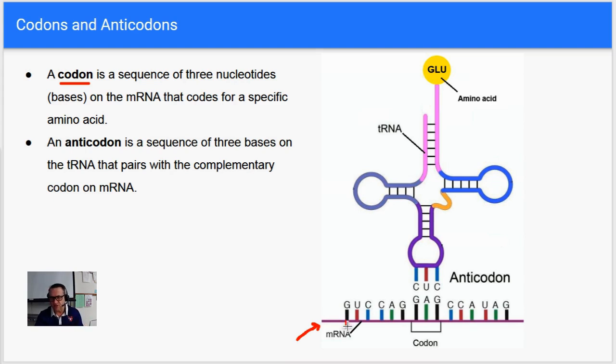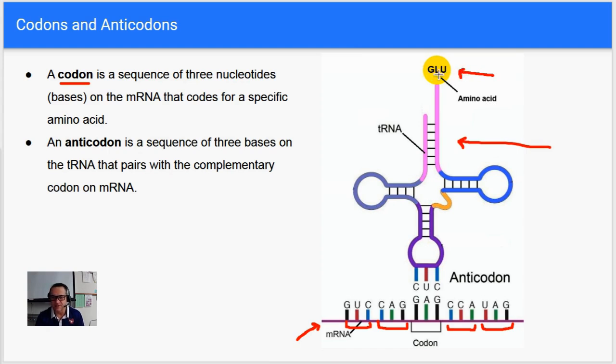So right here, GUC, that's a codon. The next one is CAG, that's a codon. You can see right here, GAG, that's a codon. CCA codon and UAG, those are codons. So there's 5 codons here. It's 1, 2, 3. Now, also the tRNA, which you can see right here, remember, it's the guy that carries amino acids,